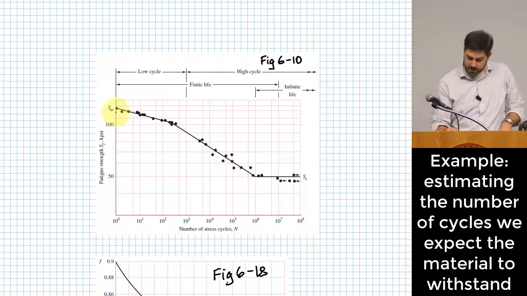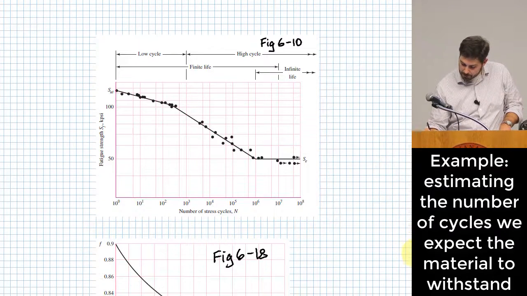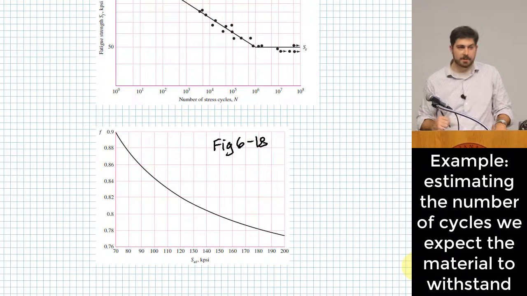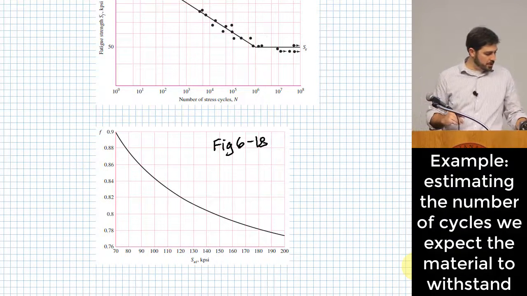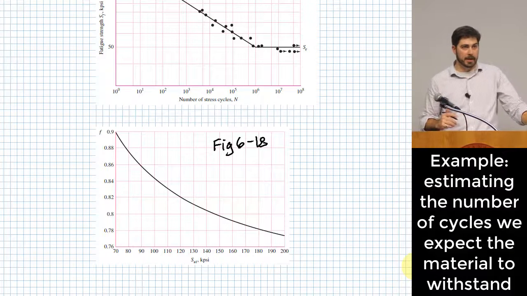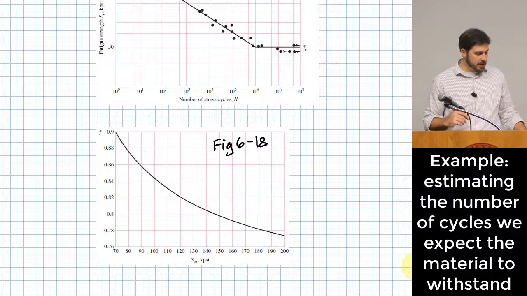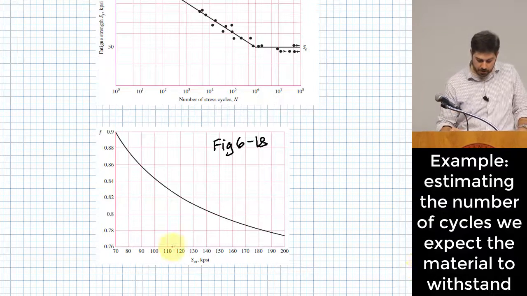It's the fraction of S_UT, and it's purely a function of ultimate strength, according to the procedure shown on page 292. They have that whole procedure on 292 encapsulated into a single chart over here